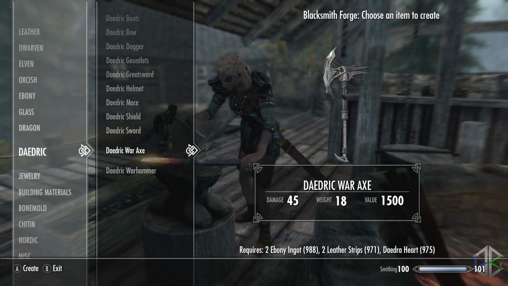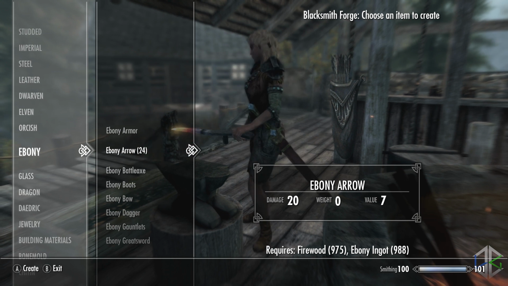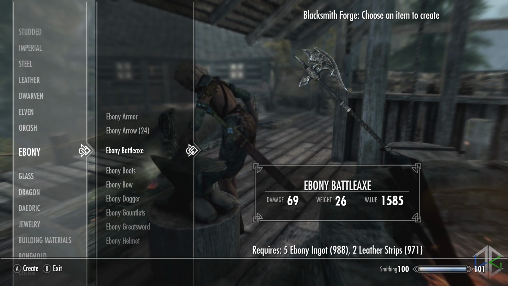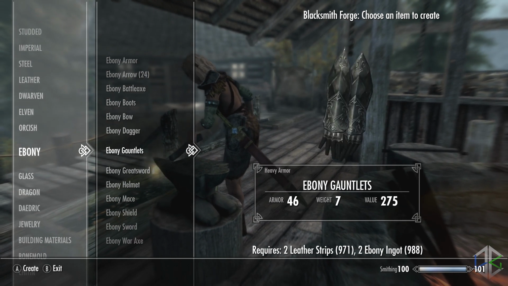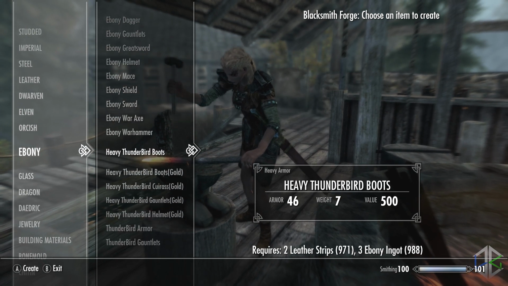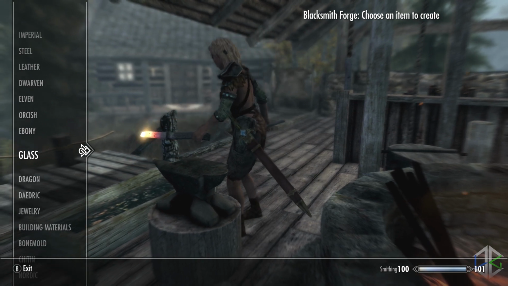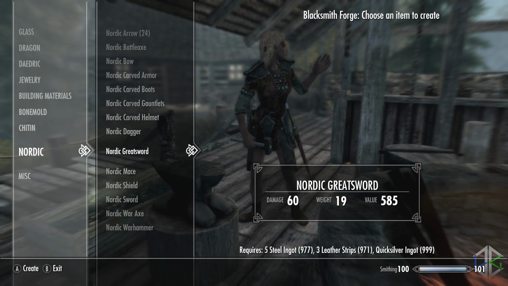So what weapons does this mod actually affect? Well, the following weapons have been changed. All quivers and arrows are now slightly longer than the vanilla. Daedric swords, great swords, daggers, war axes and battle axes have all been changed, including the bound weapons ones. All ebony swords, great swords, daggers and battle axes have been changed, including some unique items, Blade of Sacrifice